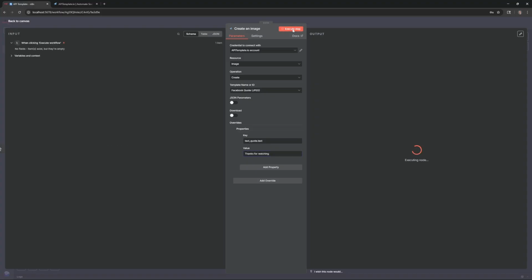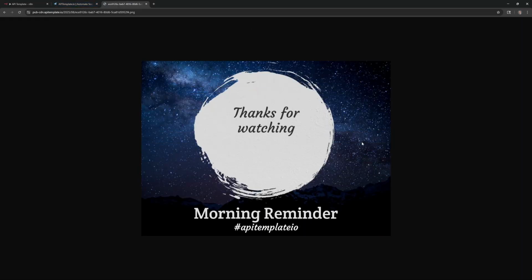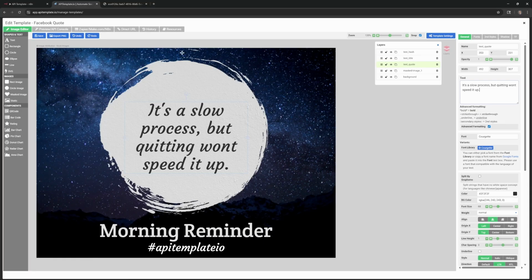And then if I were to execute this, it's going to send the command to API template and change just that text. And it's going to then give you a URL for the image. And if we go and bring that up, there you go. So you could then put this in as a step in your workflow and then have things go automatically for you. So that way it can then send you this URL into like a database or an email or into Slack, wherever. That is the one way you can do it.